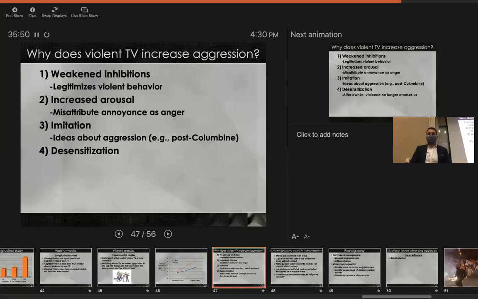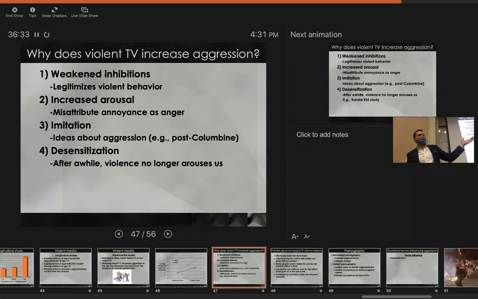Okay, and the explanation that I think we hear about the most maybe is that violent TV can increase aggression through a process of desensitization. What that means is that at some level, most people have a natural abhorrence towards violence; it makes us feel bad to watch violence occur. Right? But if you are constantly being exposed to violence through violent movies or violent TV, our bodies habituate to that. And we don't show the same sort of biological reaction to violence as we originally showed. So in other words, after seeing a lot of violence, it no longer produces those negative feelings in us. We're more tolerant of violence because we've become desensitized to it.